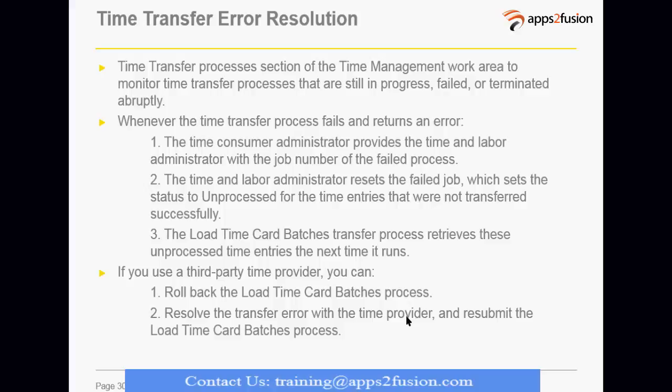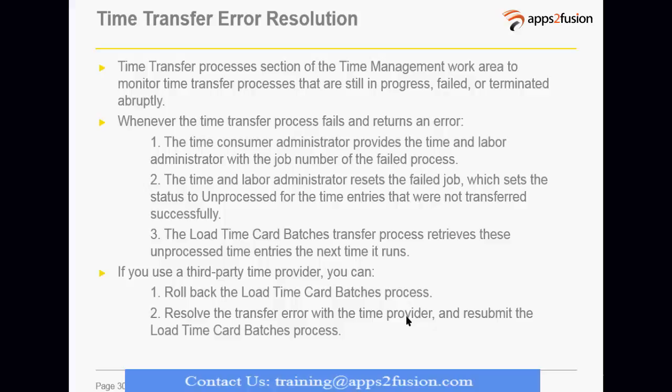So basically time transfer error resolution: once the time transfer process runs, the time consumer, be it projects or payroll, the administrator for that piece will identify the number of failed time card entries.